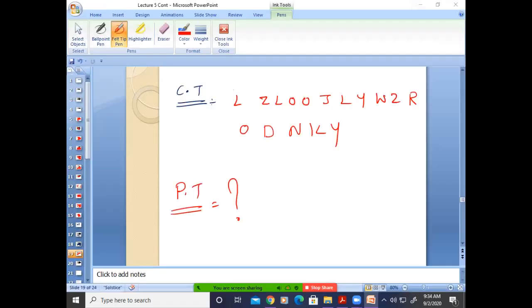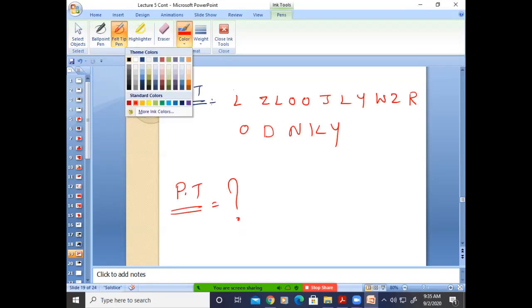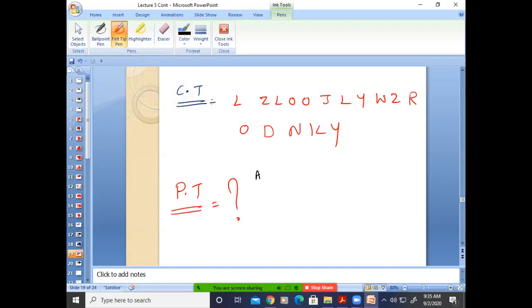I'm giving you a hint. Please write down like this in your notes: A, B, C, D, etc., I, J, K, L, M, N, O, and so on up to Z. Now try to see. So this is the L, Z is here, etc. So what can the actual plain text be? Observe these patterns, you may get something. If you get at least two or three letters, yes, you may get the plain text.